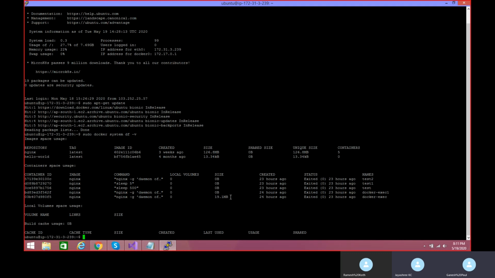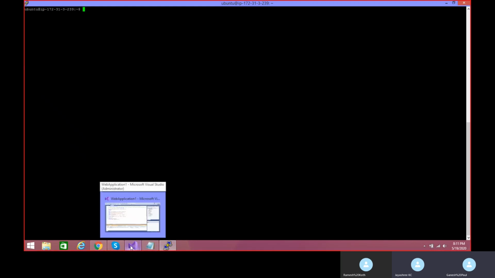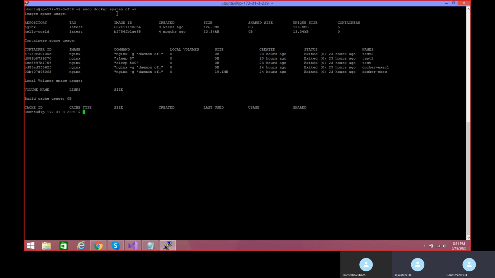The next thing we are going to see is how to remove the container on exit. Say, for example, I start a container that I'm sure would run for 5 to 10 minutes and then exit. In that case, we have to remove the container because it is already in the exit state.